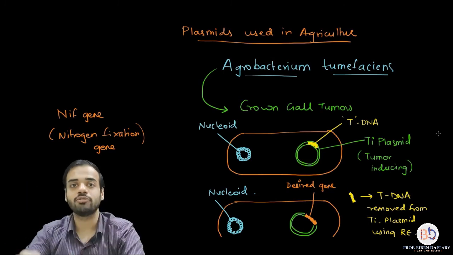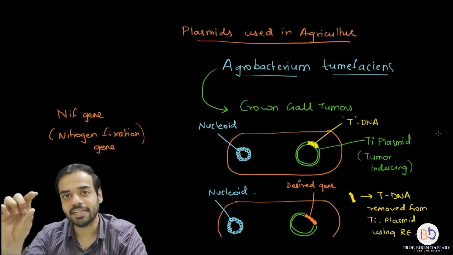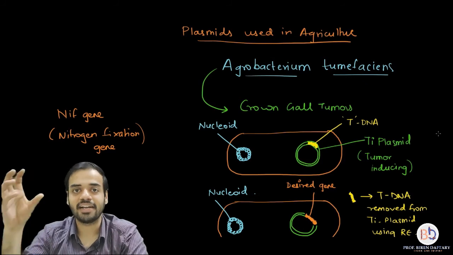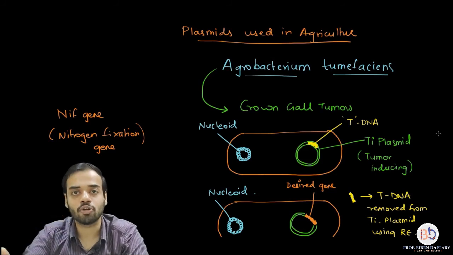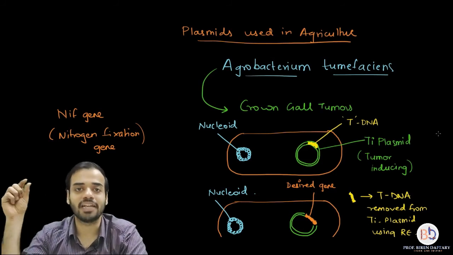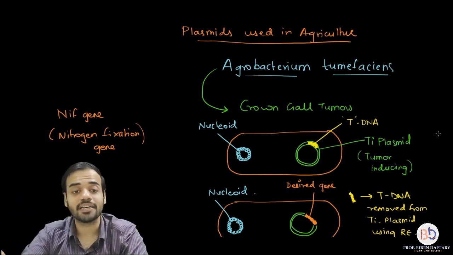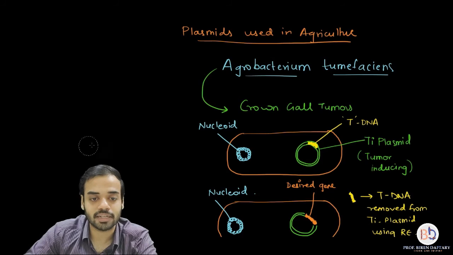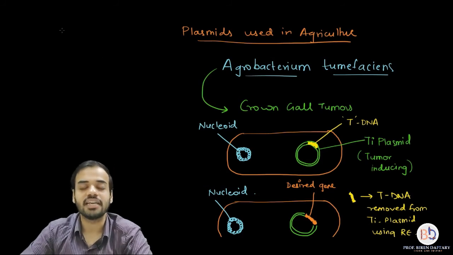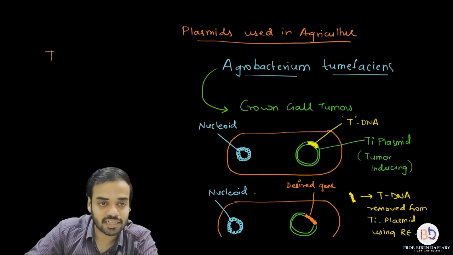What we are doing is we are using restriction enzymes, removing or cleaving that tDNA, and in that empty area we are attaching the desired gene, and now we are allowing that Agrobacterium to infect the plant, whichever plant we want to modify, and then that Ti plasmid will enter the genome, that required gene will enter the genome, and you will see the effects, and this plant will now be called a transgenic plant. Please remember that. Whenever you insert any foreign gene into an organism, that organism is called a transgenic organism. Over here it will be called a transgenic plant.